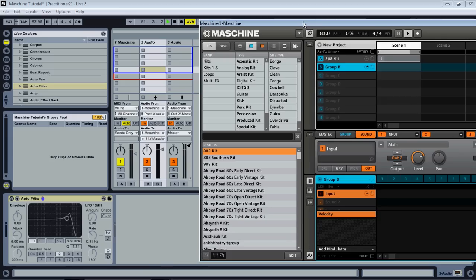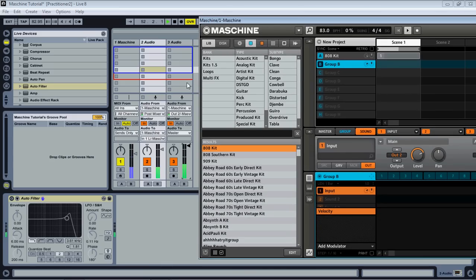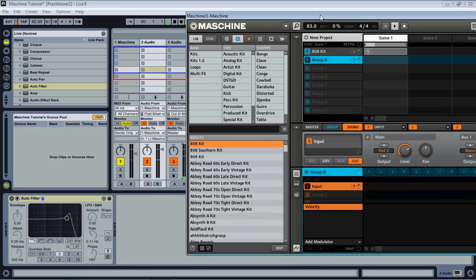And so the whole reason I'm doing this is because if I want to, I could have all my different elements of a drum kit being played out to different tracks inside Ableton, EQ all of those differently, bring them back together, and then affect the whole drum track with Maschine's automation after I've used Ableton's EQs or whatever effects I want at that stage. So I'm going to do something like